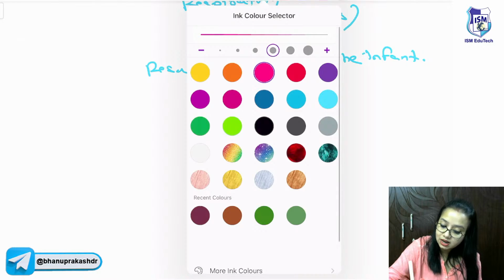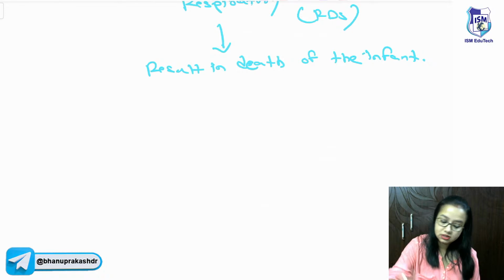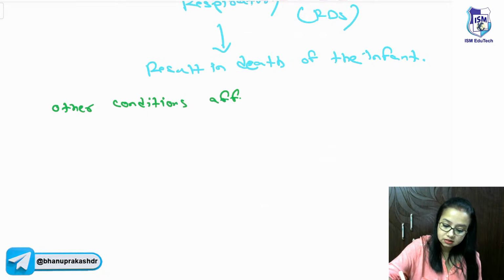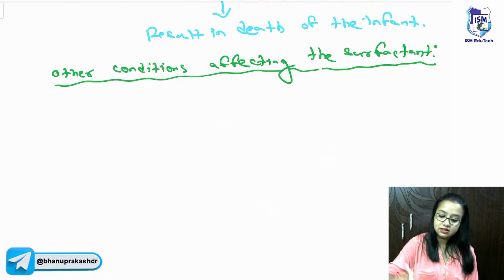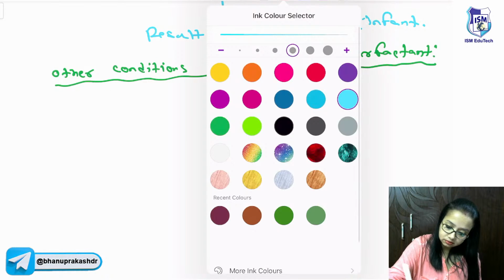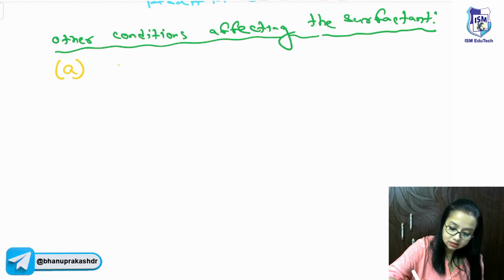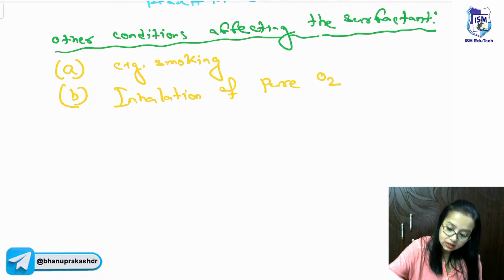Now, apart from that, there are some other factors that may result in this respiratory distress syndrome. What are the other conditions affecting the surfactant, which will decrease the surfactant? Like cigarette smoking, inhalation of pure oxygen. It may cause atelectasis,